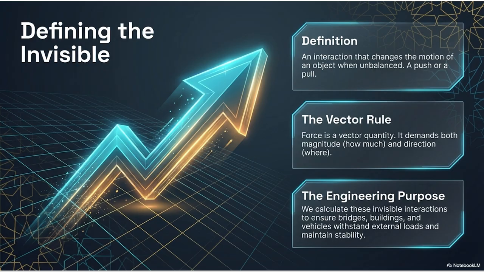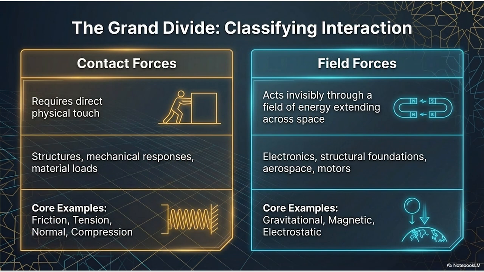But as I read further into our research, I noticed this big split, what I'm calling the grand divide. Ah, contact versus field. Yes. The sources classify every single physical interaction into two massive categories: contact forces and field forces. Now, I'll be honest, the contact forces make total intuitive sense to me. The definition is totally literal. They require direct physical touch. Yeah, contact forces are highly intuitive because we experience them physically with our own bodies every single minute of the day. Whenever objects physically touch each other, boom, you have a contact force.